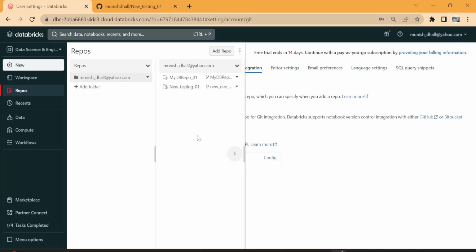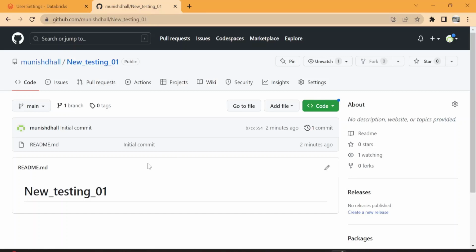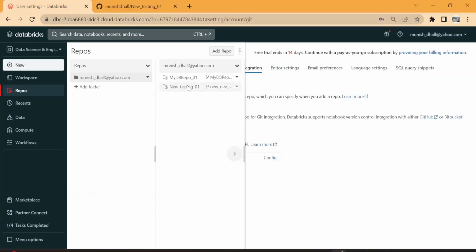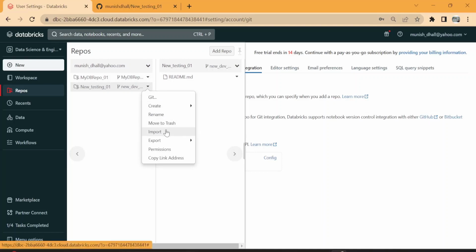Let's commit it and let's find out if it is visible in our GitHub or not. In that way, you'll find out how this integration works, so that in the upcoming lessons we will use our notebooks and keep committing to our GitHub account, so we can use our previous versions if needed. Now come here, go to this repo,